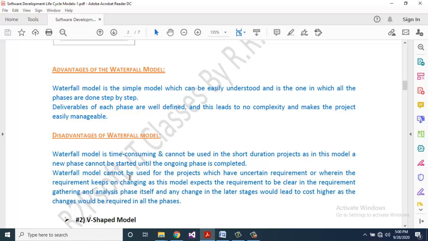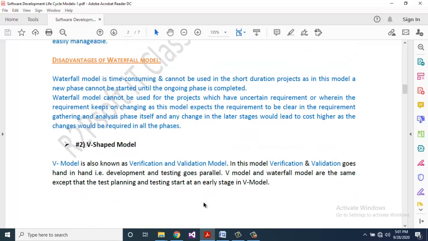Waterfall model can't be used for projects which have uncertain requirements or wherein the requirement keeps on changing, as this model expects the requirement to be clear in the requirement gathering and analysis phase itself, and any change in the later stage would lead to higher cost, as the changes would be required in all the phases.